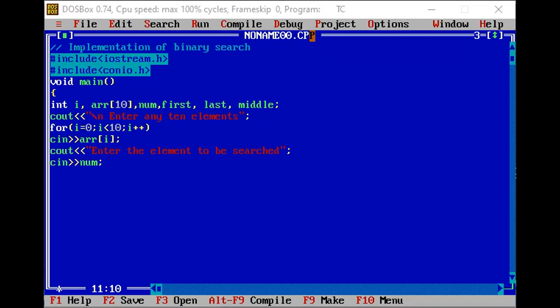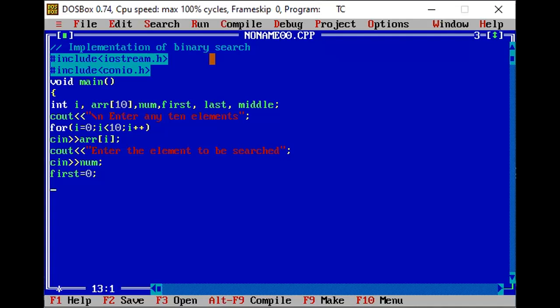And now, as you know, we have to define the first element, the last element, and the middle element. Obviously the first element will be the element available at the zeroth position, at the zero index value.